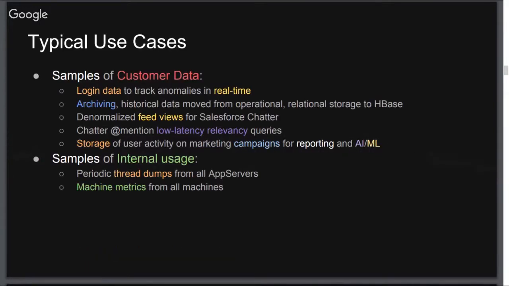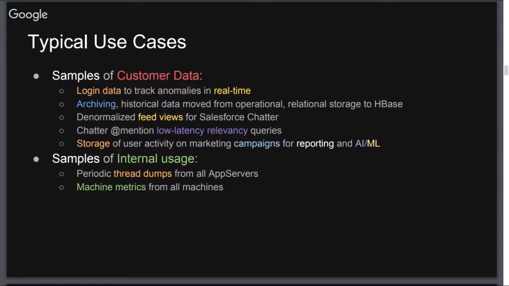Sample of the use cases. And when I looked at the slides, I noticed I missed the most important one here. And that's the direct data storage of end user data in HBase, where they interact through the platform we give to our users directly with HBase. I don't know why I missed that one, but the rest of the use cases are we do real-time tracking